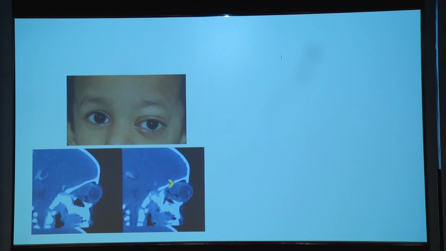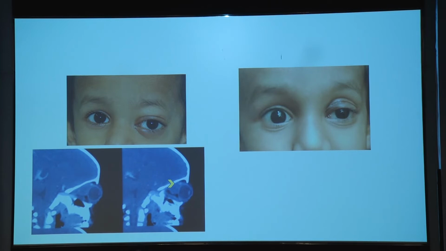So here again, I went in all confident, okay, I'm just going to aspirate and put a sclerosant. What I missed out, what I forgot, was when the child presented, he was anemic. And so to correct the anemia, it took a month. So by the time I went in there, it's all solid. It's clotted and organized. So ultimately, I had to go in through a lid crease incision and evacuate the lesion